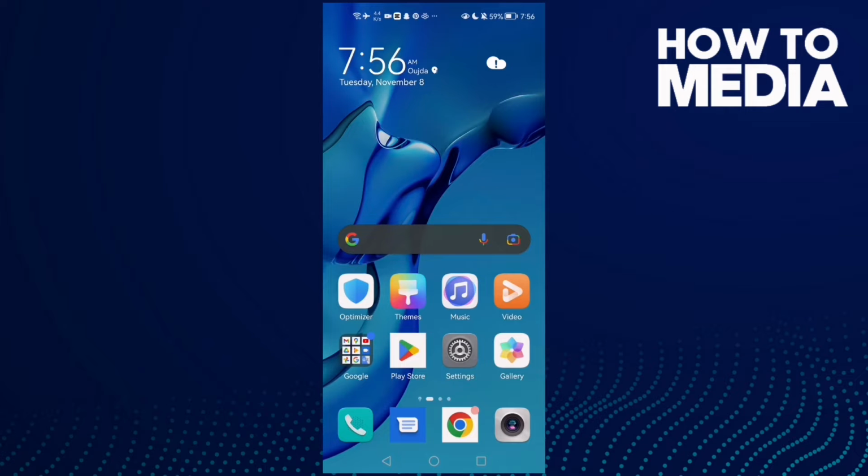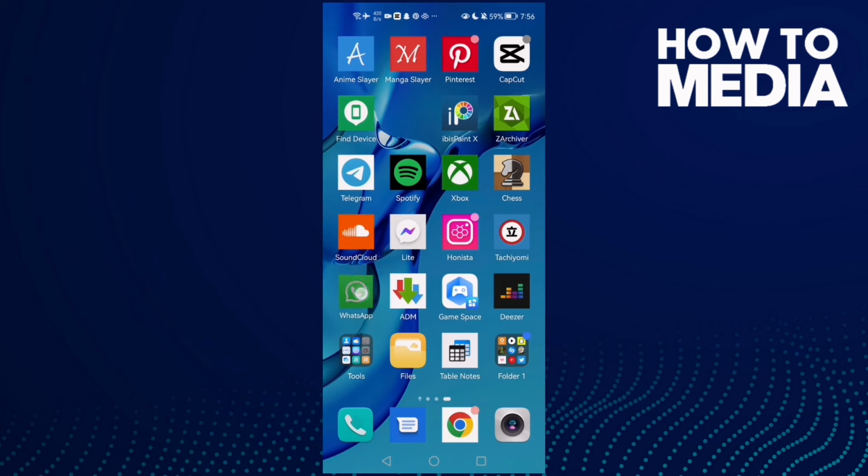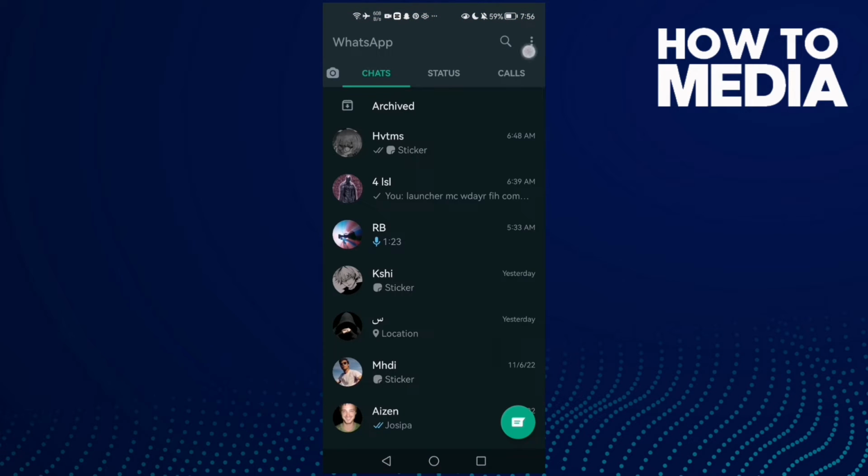How to connect WhatsApp to gallery on Android phone. First open WhatsApp and then click this three points here in the top corner and now click settings